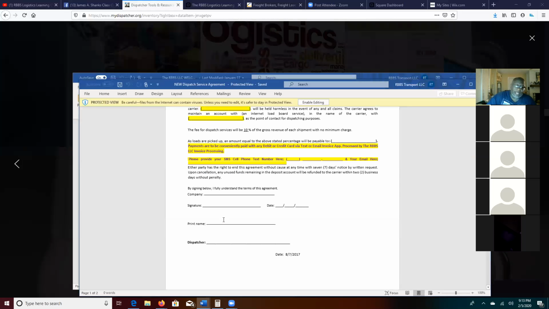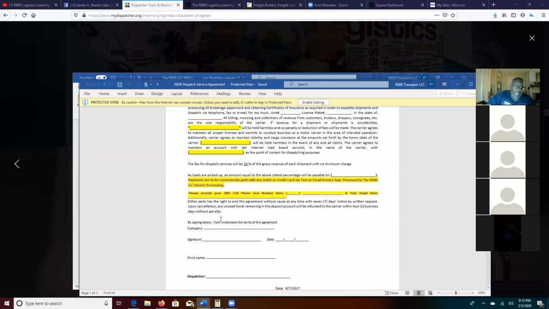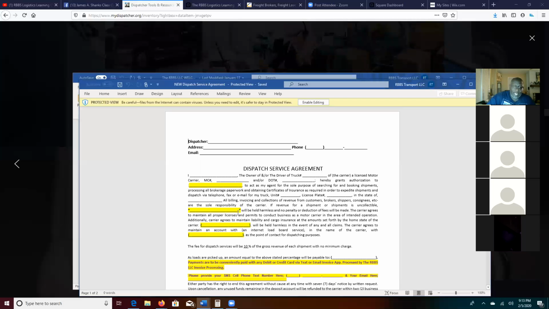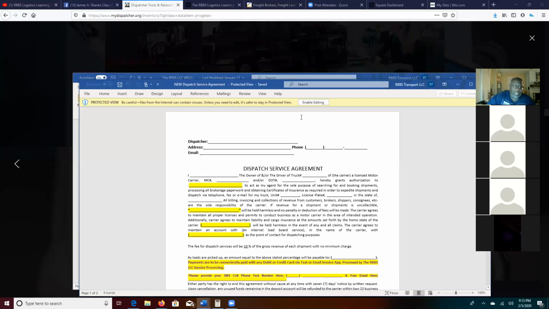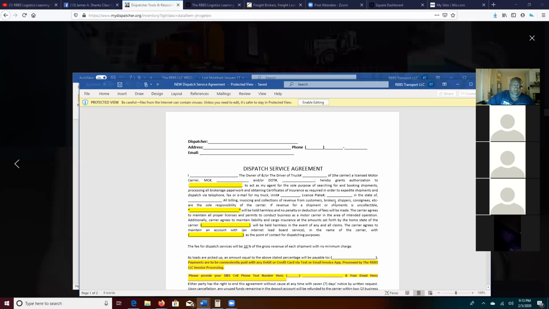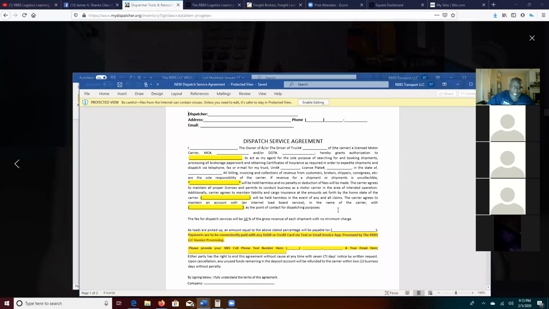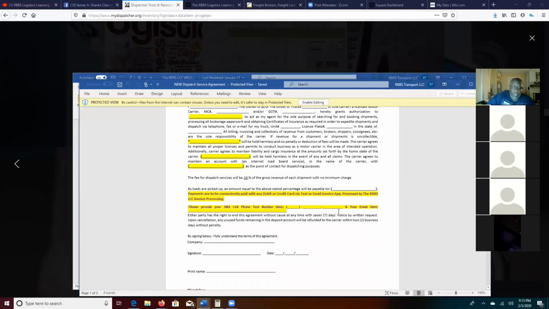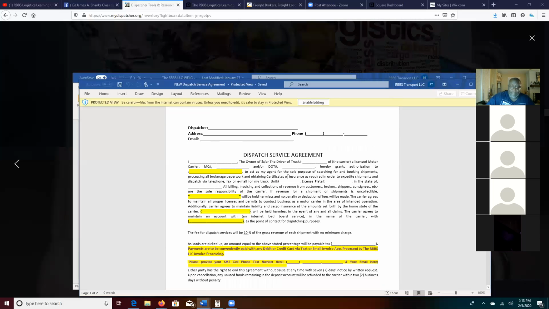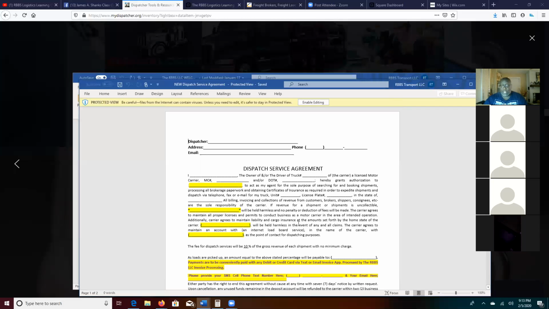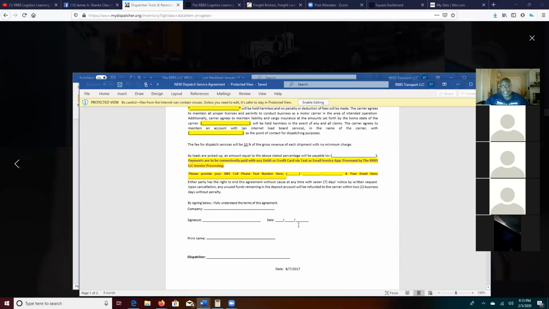But this is all you need. Don't overcomplicate it. Don't start having a 10-page dispatch agreement. Don't start going crazy with them, with all the power of attorneys and all that. No. You don't need it. This will hold up in any civil court, for any claim. If they decide they don't want to pay you, you send this over. It's got their signature, it's got the MC number, it's got the DOT number, it's got everything that you need to send over to the DOT, the Federal Motor Carrier Association, and the Federal Bond Service to file a claim against their authority for non-payment of contract. It's got everything you need.